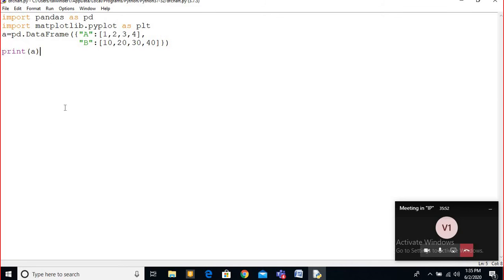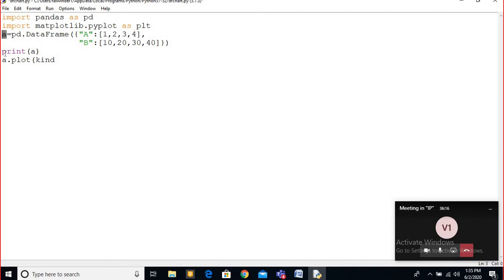So for that what you need to use here, every time a dot plot you have to use here only, that is a dot plot. Here you have to give kind. Earlier we simply use that means plt dot plot, but here we are creating the chart of this data frame.